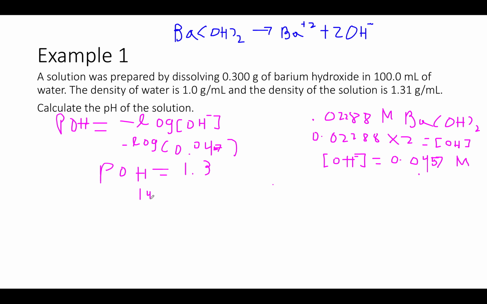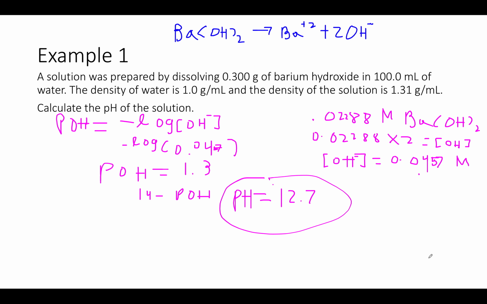14 minus the pOH will give us the pH. And the pH of this solution is 14 minus 1.3, so that would be 12.7. And that is our answer, the pH of the solution. It's a strong base, so it makes sense that the pH is way above 7. So first we found the hydroxide ion concentration, then we found the pOH from the hydroxide ion concentration, and then we found the pH. So a lot of steps here, but